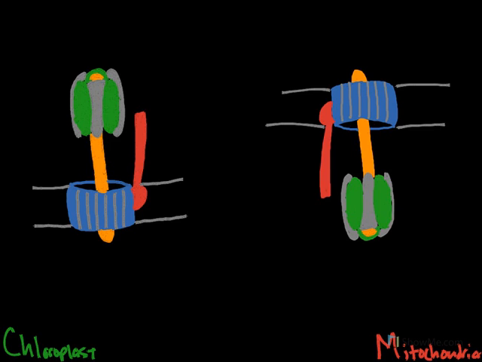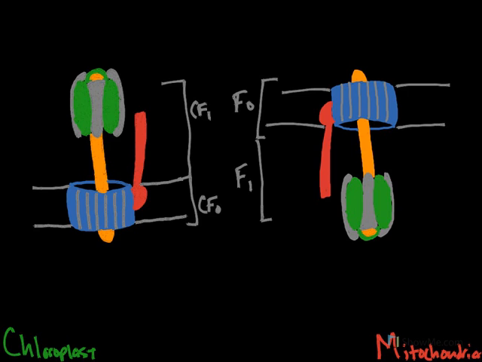There is an F sub-zero particle, which in mitochondria we call F sub-zero, and there is an F1 particle in mitochondria. And in chloroplast, we refer to the particles as CF sub-zero and CF sub-1. Your F sub-zero particles will be the ones that are actually embedded into a membrane. In your chloroplast, this is the thylakoid membrane, or you might see it referred to as the internal membrane on your PowerPoint. And in your mitochondria, this ATP synthase F sub-zero head is embedded into the inner